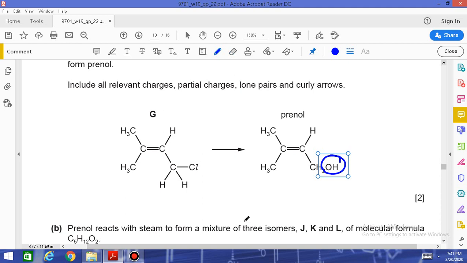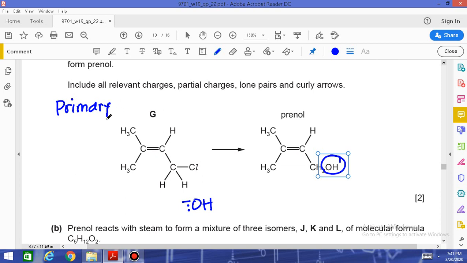In this case, the nucleophile is hydroxide ion. Okay, is this a primary, secondary, or tertiary halogenoalkane? This is a primary halogenoalkane,